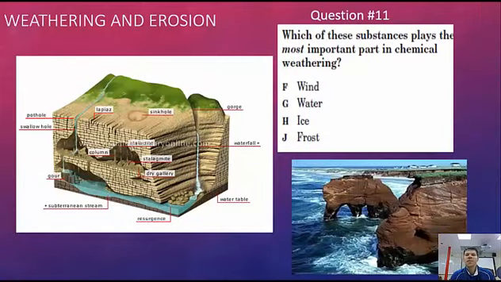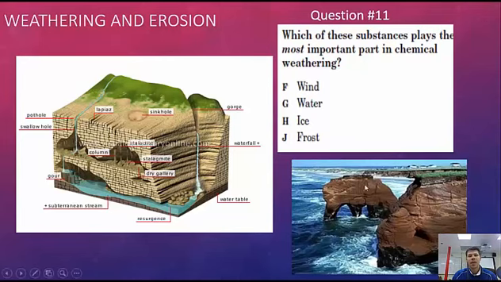Okay, which of these substances plays the most important part in chemical weathering? Alright, so let's first take a look at these two pictures to understand what chemical weathering means. In both of these pictures, we have water breaking down a rock. In the picture in the bottom right, we have waves crashing into the land and physically breaking the rock down. It's not a chemical reaction, so this one right here is